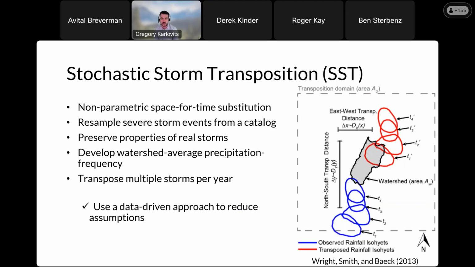Now, in a little more detail, really what the procedure is, I refer to it, it's kind of a dense phrase, as non-parametric space for time substitution. So what we're not doing is fitting any probability distributions here. But what we are doing is regionalizing our storm observations. We're looking at a big area that we think is homogeneous and getting as many important storms as we can find. And we run through this process by resampling those storm events from a catalog, preserving their space and time